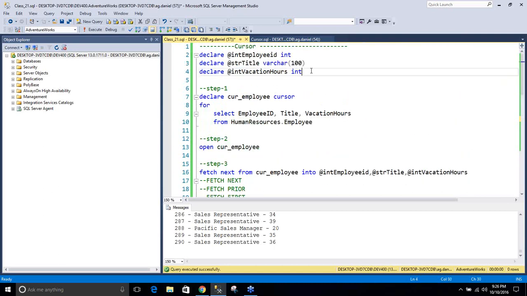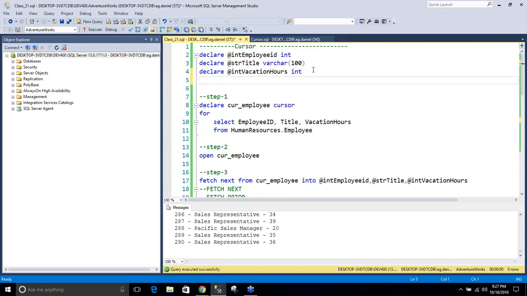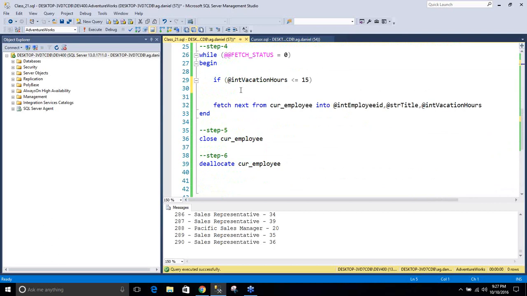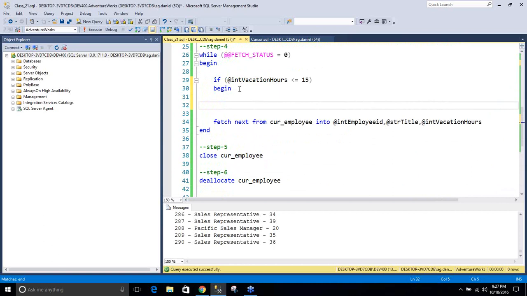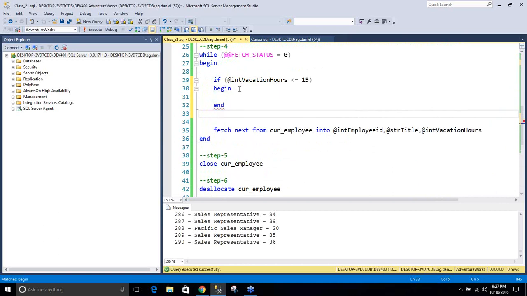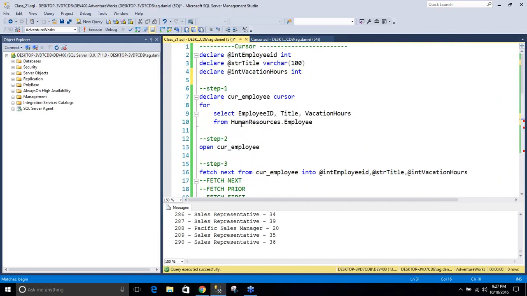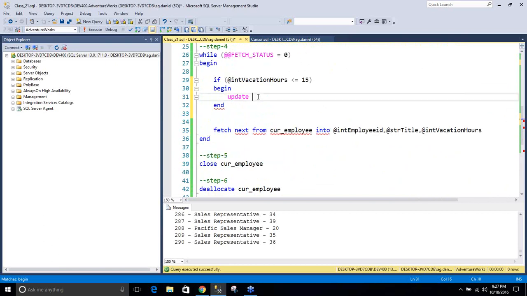Hold on a second, guys. Oh, I don't need to. I can do it with begin and end. If the vacation hours is less than 15, I want to update the vacation hours. So update, table name is HumanResources.Employee, set